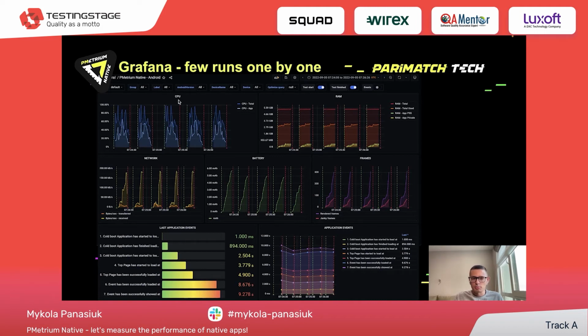For Android, currently we support CPU, CPU total, application, some RAM statistics for the system, like total RAM used, application statistics, and so on. Network metrics, battery usage in milliampere hours, some frames. As you can see, rendered frames is represented by total frames, not FPS, but total. Janky frames, and